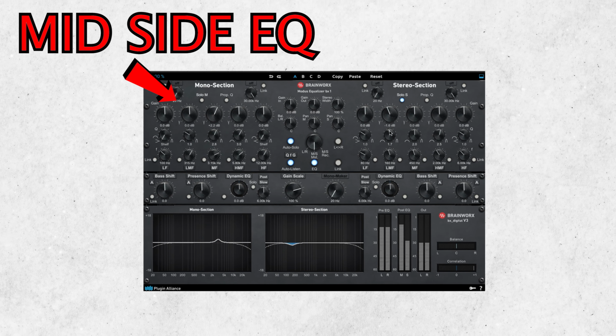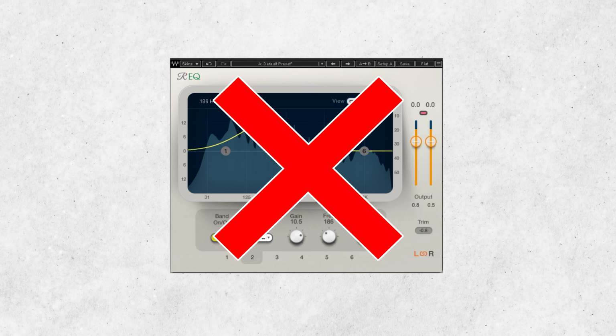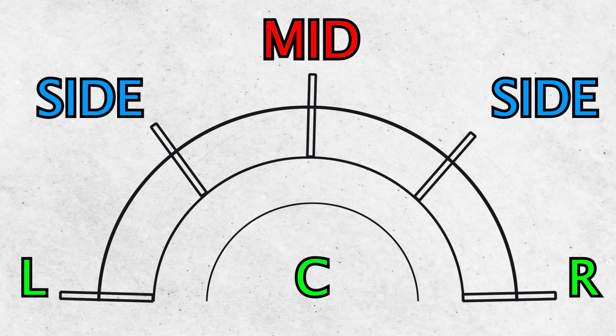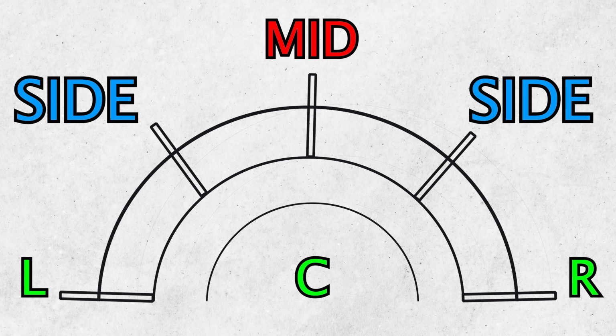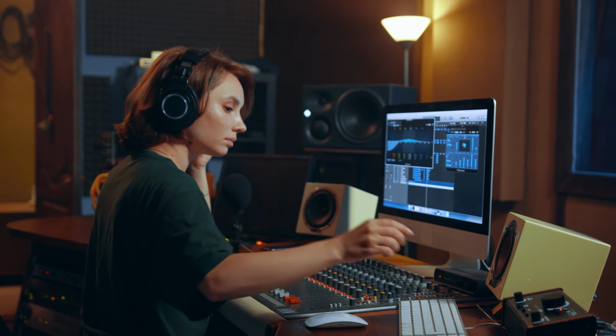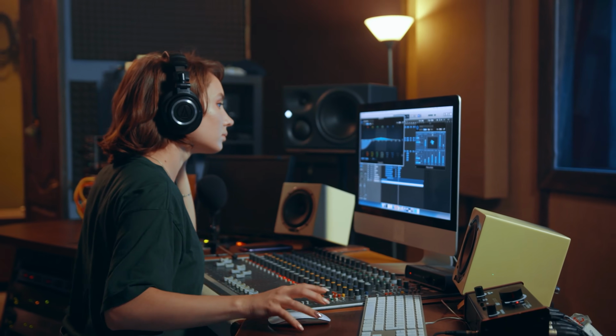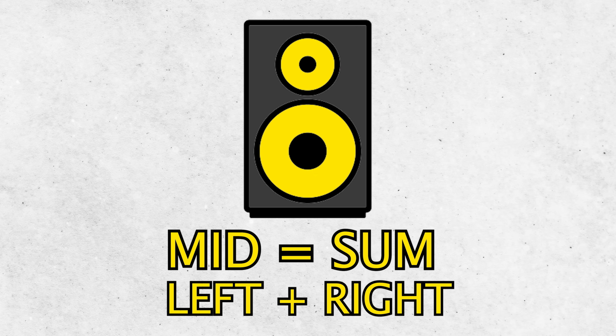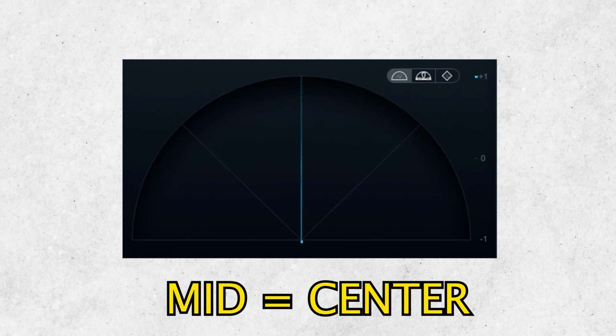a track with precision. Unlike traditional stereo EQ, which treats the left and right channels equally, MSEQ allows you to manipulate the center or mid and sides of a stereo signal independently, giving you more control over the focus and width of your mix. The mid channel is essentially the sum of the left and right channels, representing the center